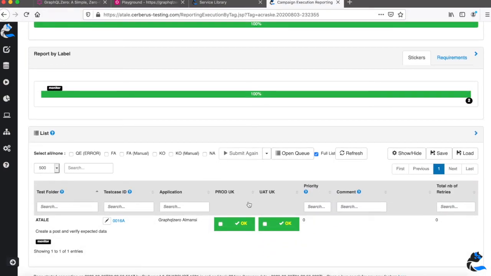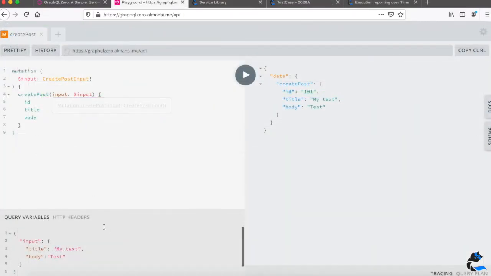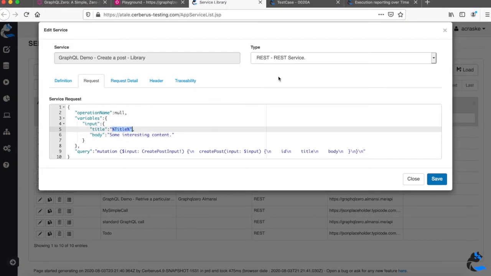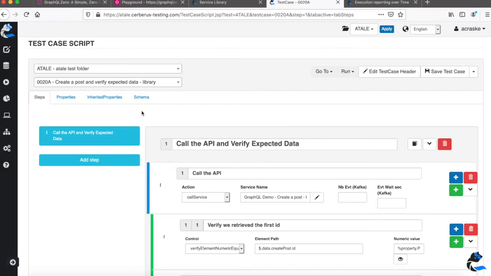So now next, what I will share is how you can variabilize the data for, let's say, a different environment. Okay, so now we are back to our API, and let's say we would like to have some use case to implement, and we would like to variabilize the title parameter we are passing here and to verify different behavior in our API. And usually it is really useful when you have a big matrix to implement. So the first thing you need to do inside Cerberus is to go in the service definition and here specify the parameter you will want to variabilize. So this is the only thing you need to change in your service configuration.